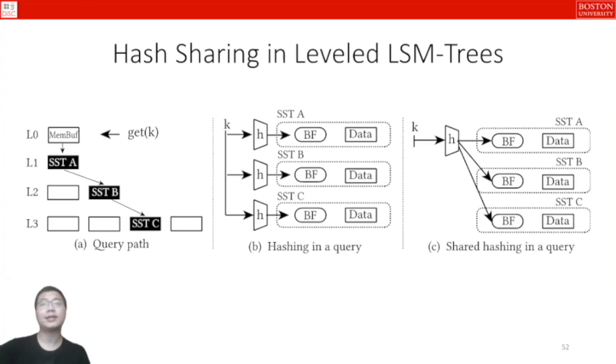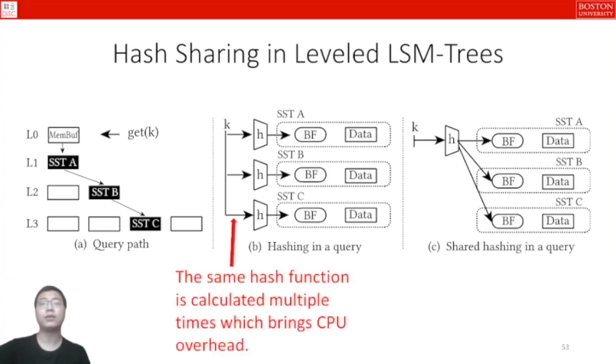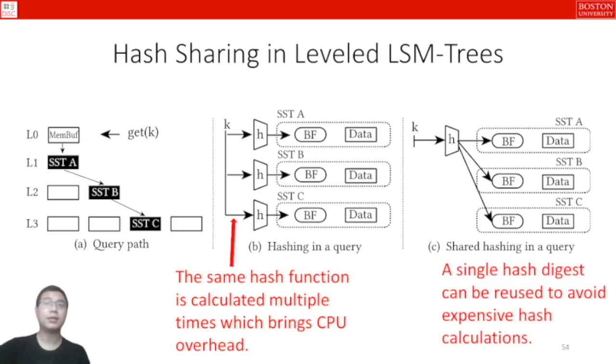Within each level it has iterated, it has to calculate the hash function and probe the Bloom filter, as you can see in the middle figure. Therefore, the same hash function is calculated multiple times, which brings CPU overhead. In fact, as shown in the right-hand side figure, we can reuse the single hash digest to avoid expensive hash